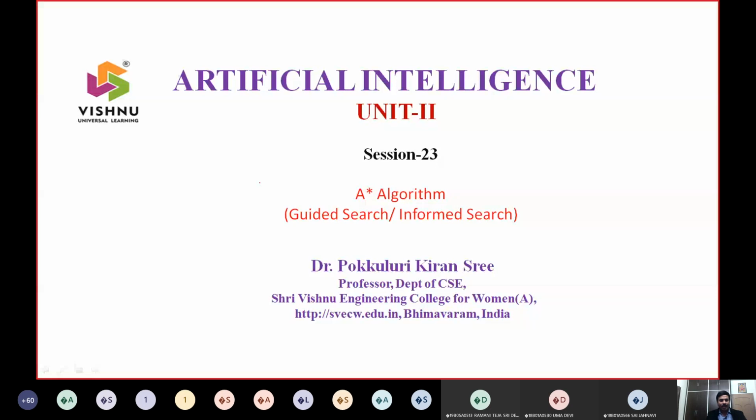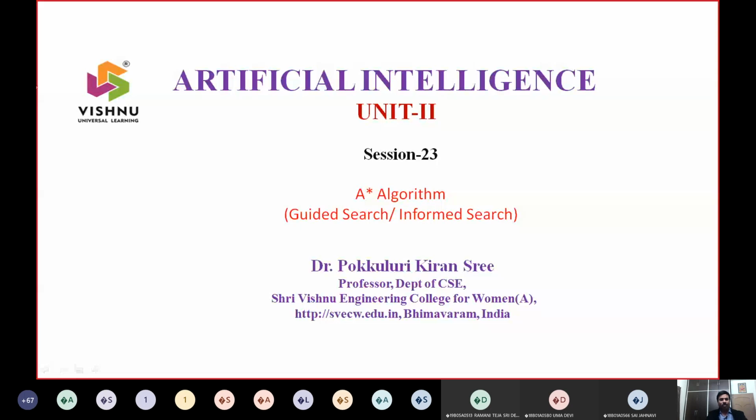Heuristic can be taken as some equation or a function that will guide your problem, and the heuristic changes with respect to the problem that you take. Even for one problem, two people can have two different types of heuristics. For the same problem, if you have more than one heuristic, the intelligence of guiding your algorithm depends upon the heuristic. So the better the heuristic, the faster you get the optimum output.